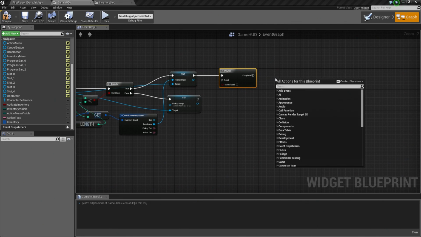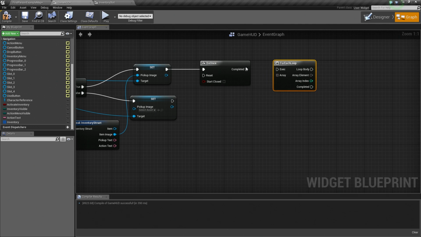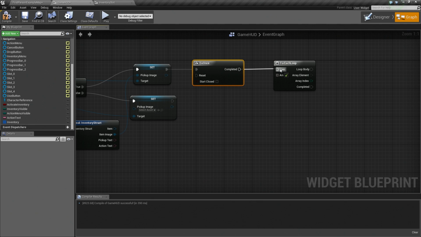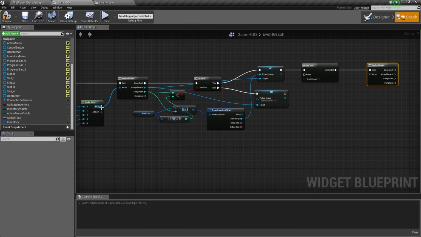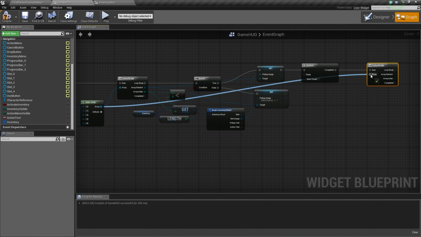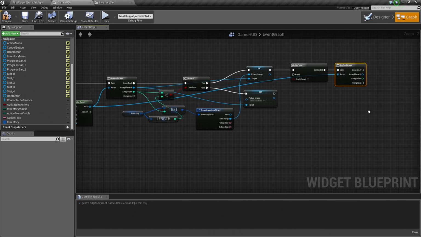We're going to right click and do a for each loop again. So go ahead and select it. Let's take our completed, plug that into the executable. For the array, we're going to take our array way back over here, our make array, and connect that to our array here, like so. So you can see the wires connecting. I suppose I could have promoted this to a variable or done reroute nodes to make it look a little bit cleaner. My apologies, but we are just about done.